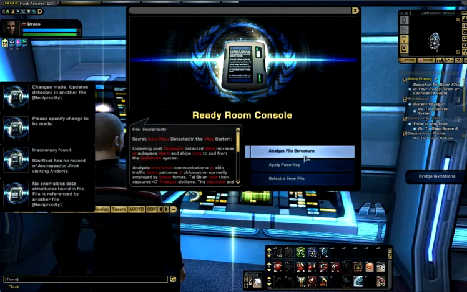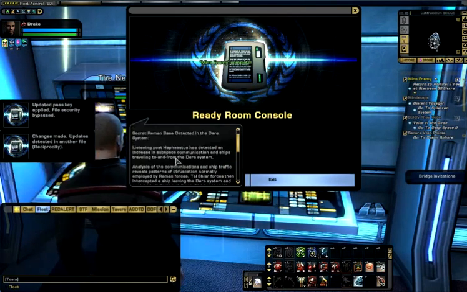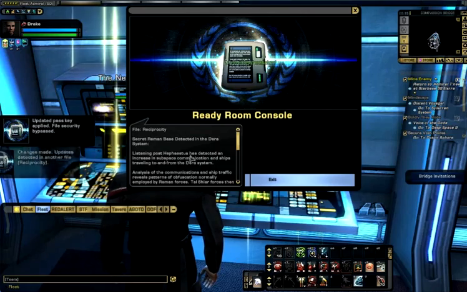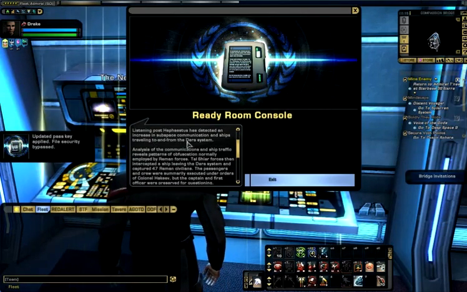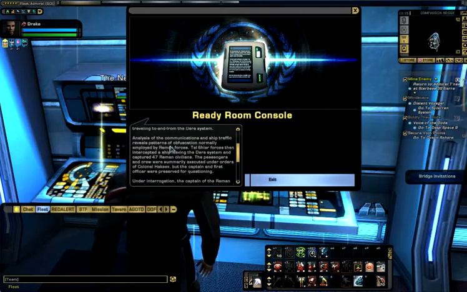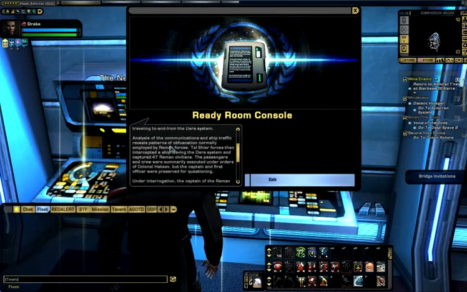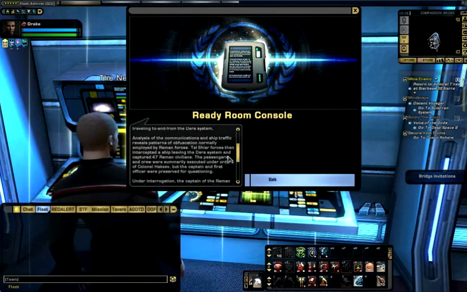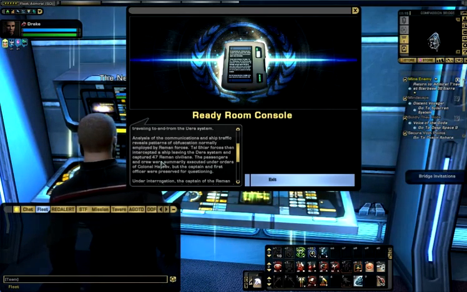So, analyze file structure, apply passkey, and there we go. Secret Riemann base detected in the Dara system. Listening post Hephaestus has detected an increase in subspace communication and ships traveling to and from the Dara system. Analysis of the communications and ship traffic reveals patterns of obfuscation normally employed by Riemann forces. Tal Shiar forces then intercepted a ship leaving the Dara system and captured 47...